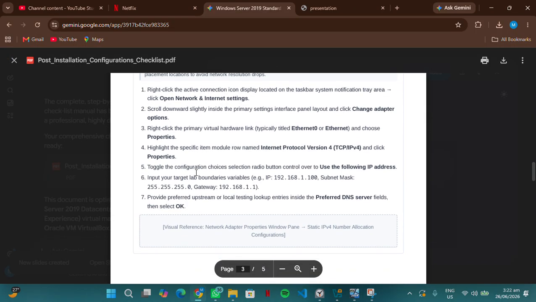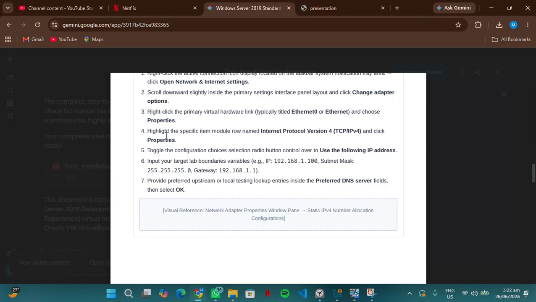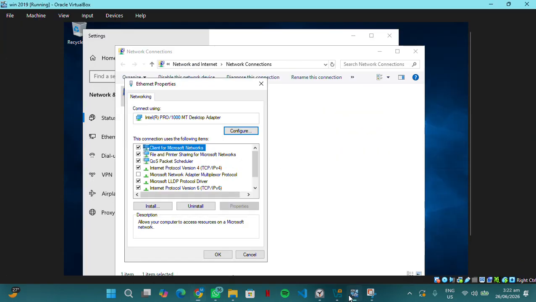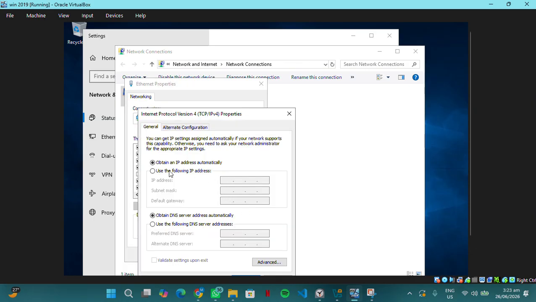Then the next part is to highlight the specific item, which is IPv4, Internet Protocol Version 4, and click properties. So we enter IPv4 properties, and then we switch from DHCP. We now use an IP address. Let's say we use